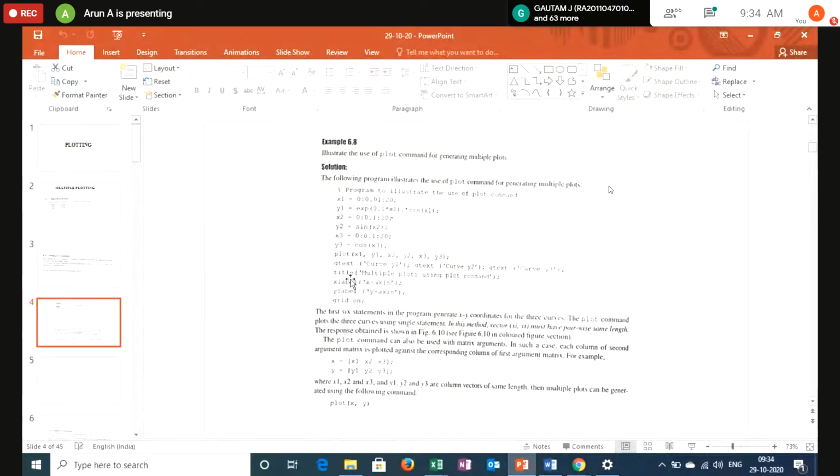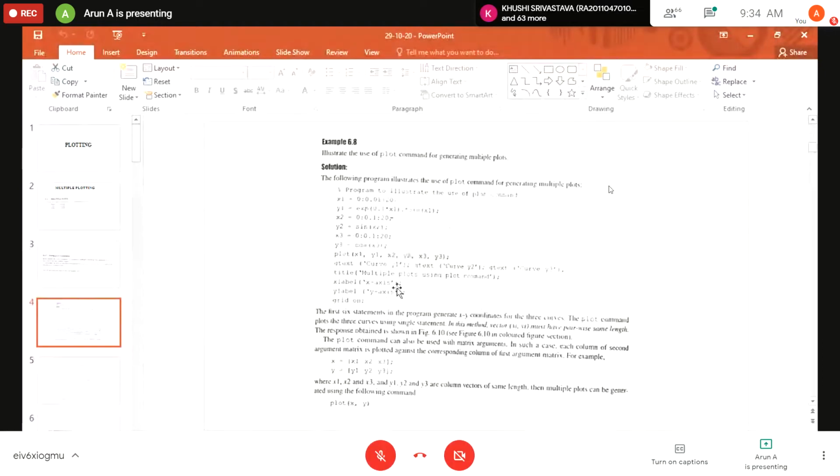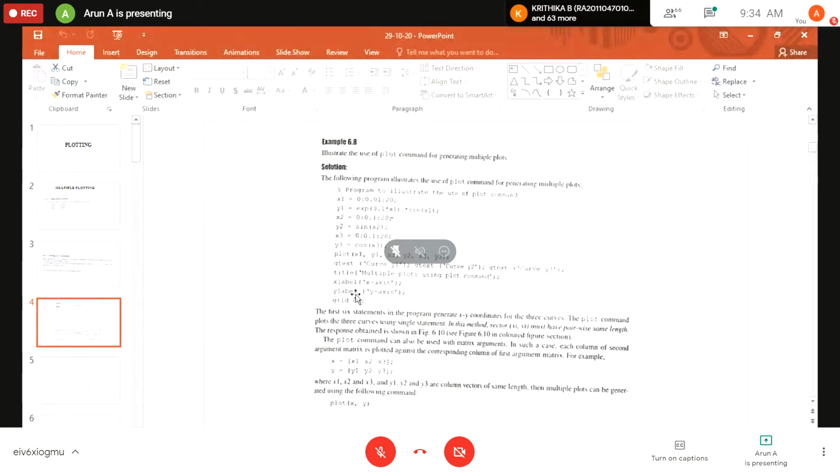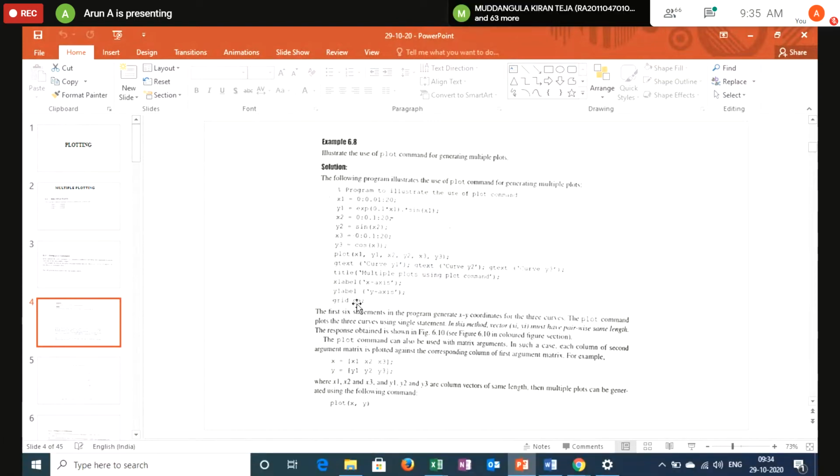And you need a title of the graph. We have already seen this notation. You give it in title, as multiple plots using plot command. And you have two axes, the x-axis and y-axis, so you have to name them. The command is xlabel and ylabel. You already know it because we have seen this in the previous class. And if you want to see the output in a grid box, the command is grid on. So this is the basic